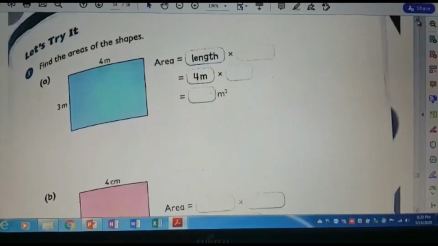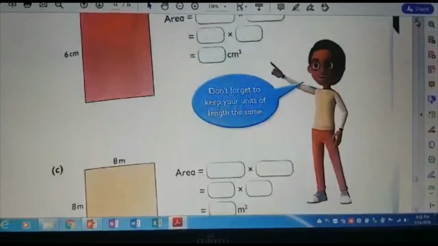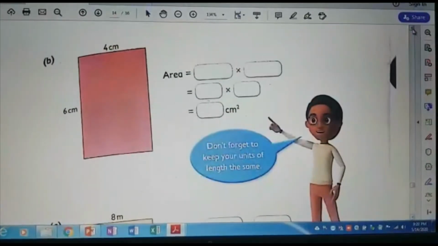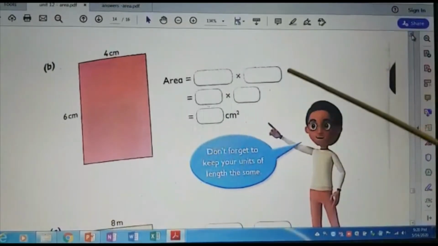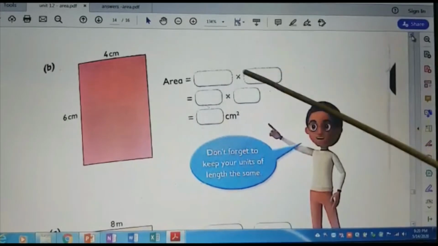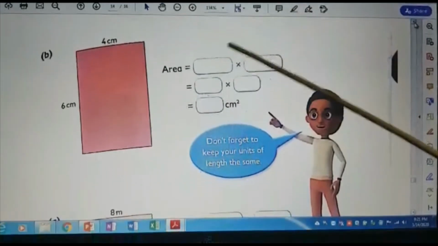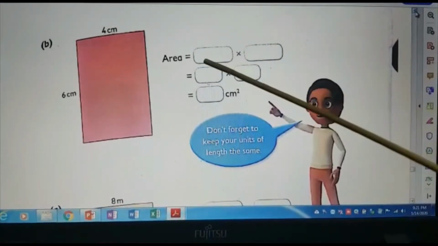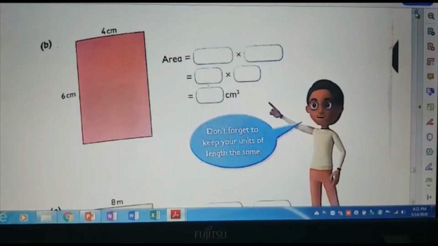So coming to the next question. What figure is that? Both are different, so it's a rectangle. So for area, write the equation. Whenever you write the equations, it will be thorough for you. So practice it. For the exam also, you need to write the equations. So it is length times width, that is 6 times 4. What is 6 times 4? It is 24 centimeters square.